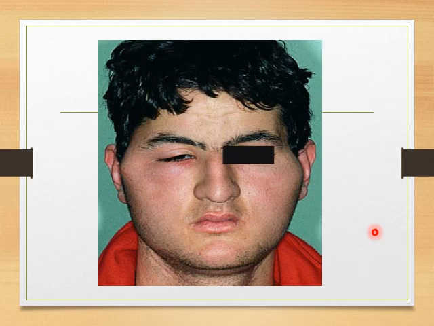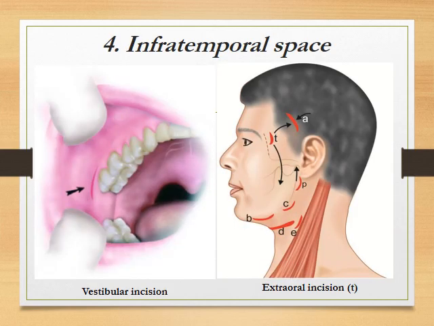Why is there trismus and pain? Because this space involves the masticatory muscles. When any space is involved where these masticatory muscles are present, there is trismus. The surgical approach for drainage of the infratemporal space is either through an intraoral vestibular incision,